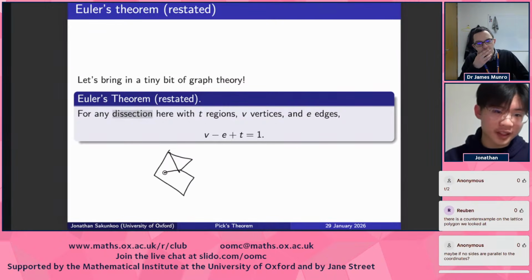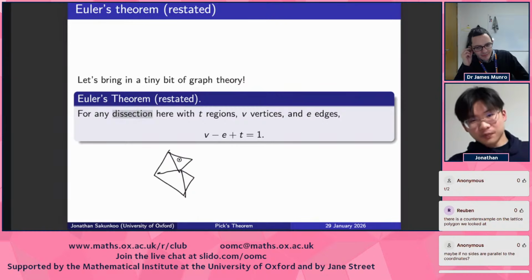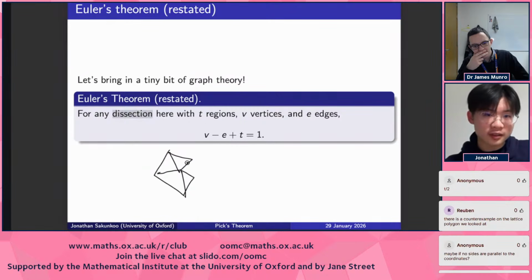And let's pretend that this is a primitive lattice triangle splitting. There's probably a reason, and someone can tell me, why this is not possible as a primitive lattice triangle decomposition, but if you pretend that it is, for any dissection, if you have T regions, which is just T triangles because we're splitting them all into primitive lattice triangles,